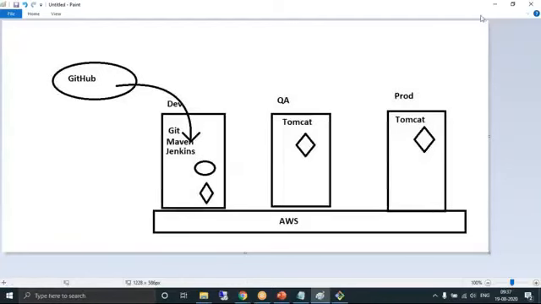So why did I connect to dev server? Because you need to get the infrastructure ready. So what all need to be done? You need to install Git, we need to install Maven, we need to install Jenkins. This is the activity that should be done in the dev server.